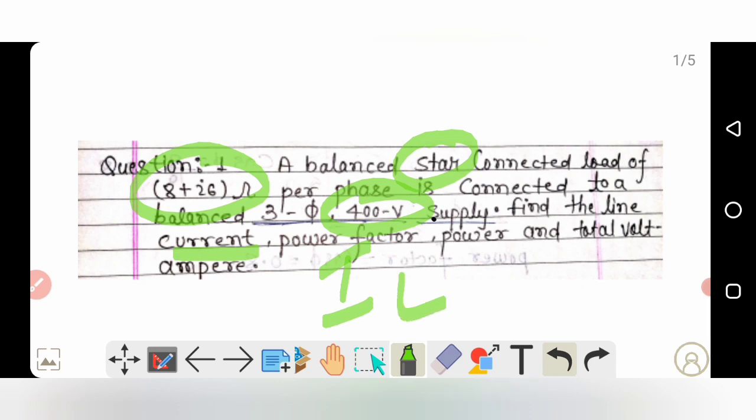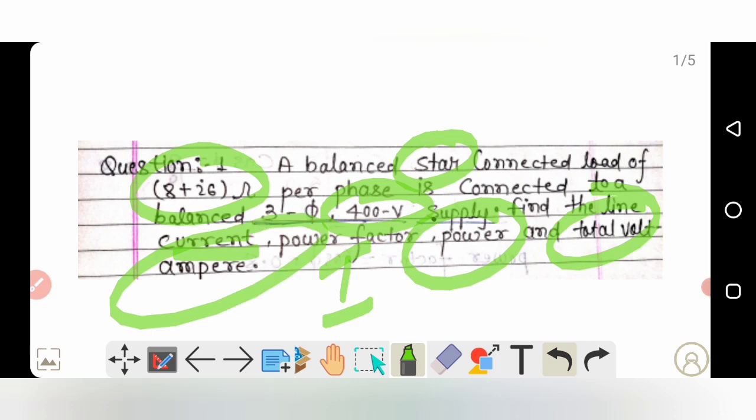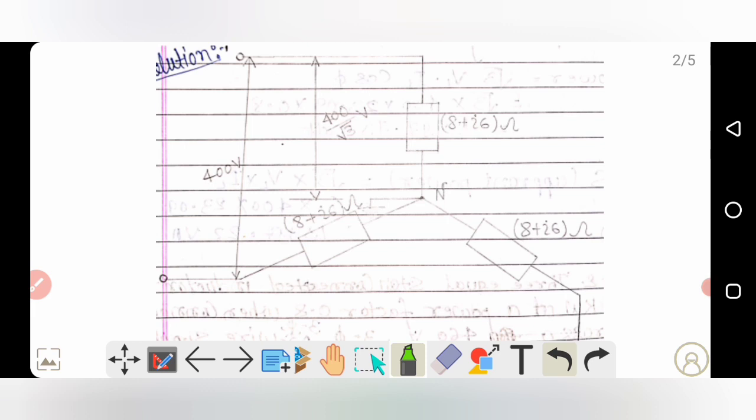As we know, the line current and phase current are equal in the case of a star connection, and it will be equal to V phase by Z phase. Then we have to calculate the value of power and total volt ampere, meaning we have to calculate the value of S. Now, as you can see here, this is the circuit diagram,